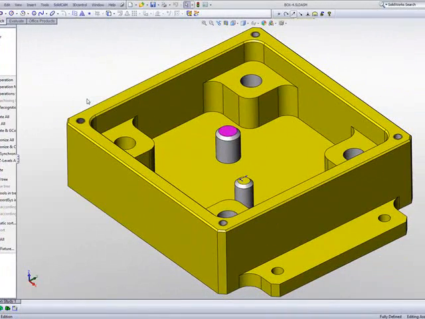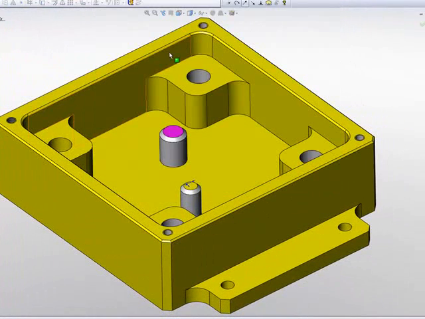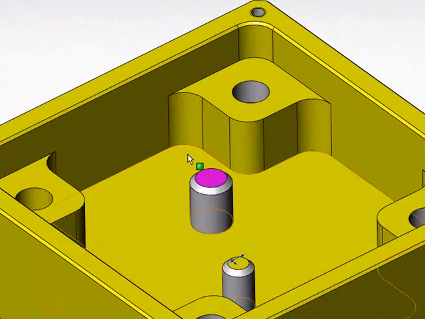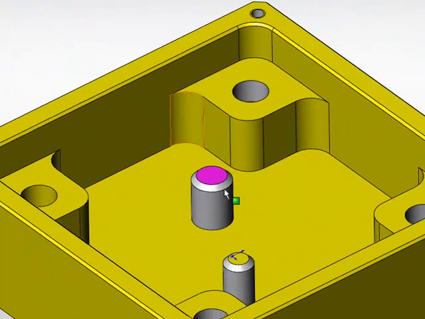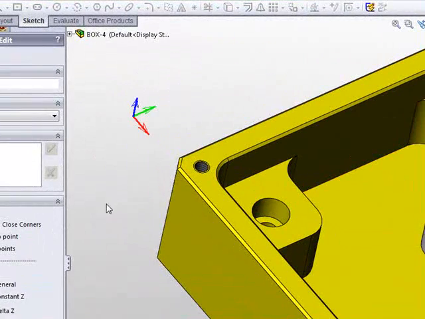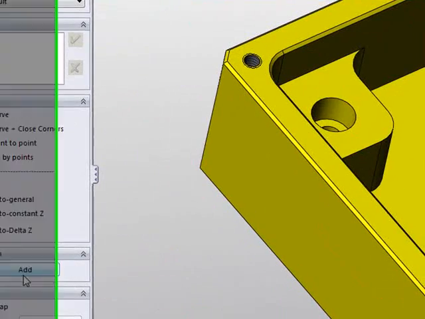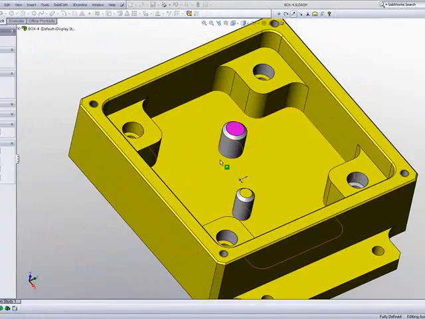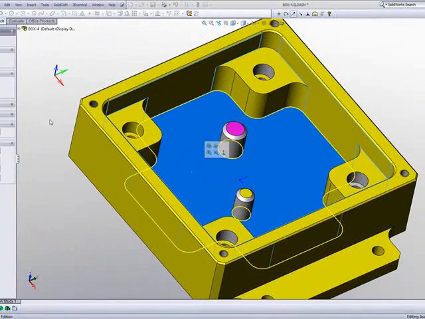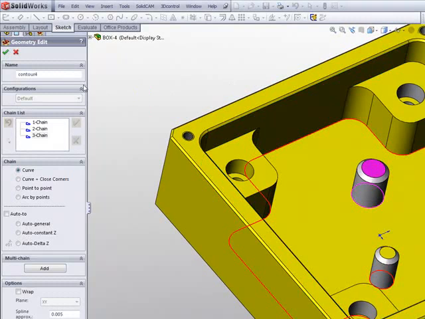And when I go to my geometry, what I have to do is create a geometry where the outside boundary is over here, around the part, and the islands are my second and third geometry around. Now, I can either choose these one at a time by constant Z, or I can simply go into multi-chain, which is what I'll do. Simply click on the floor itself, and that'll automatically build my chain boundaries for the pocket machining,